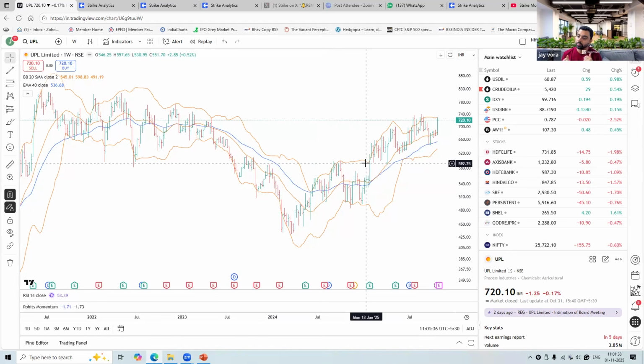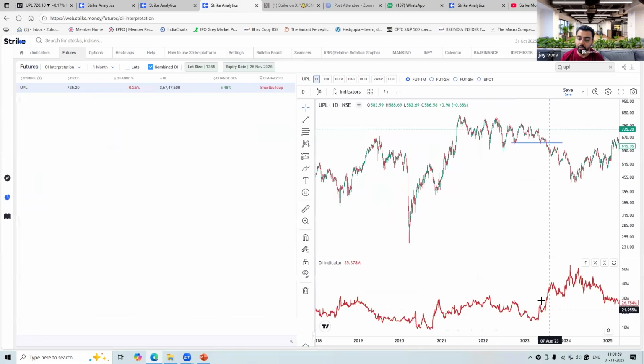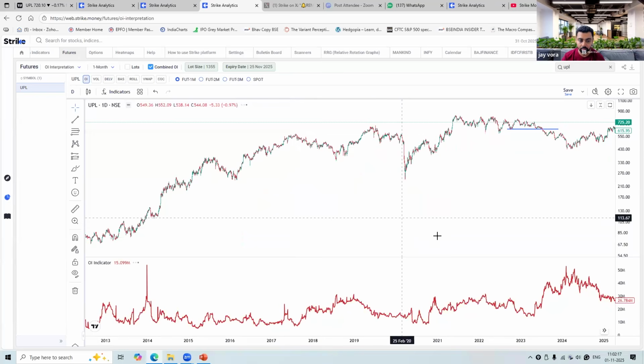So in such cases, you will only have to be patient. You might want to take some punt if the prices are very low and you think that a turnaround can happen, but you would not build a large position, or 100% of what you would have thought, right at the start. You will have to gradually build it. So over here also, a similar thing happened where initially this high open interest ended up being a trend continuation, but when the open interest went to an extreme level, and extreme level means, if I show you over here the 12-month chart, okay,